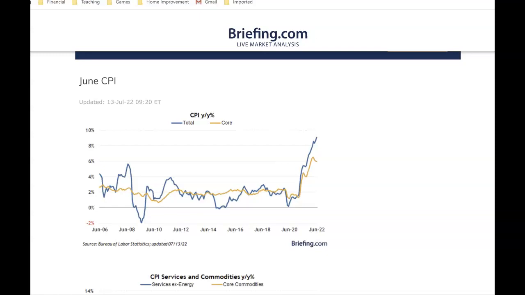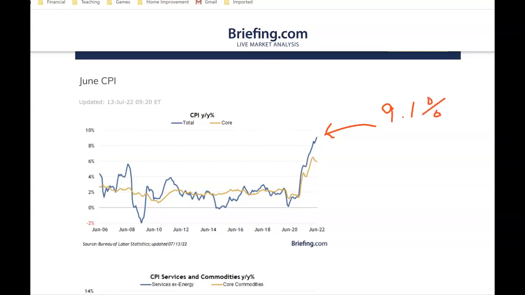What I'm going to do here is I've got a graph up that's measuring two parts of CPI. One is the total. Let me get my pen going here. The total, and the other one is core. Now, let's talk about the total first. The total is the blue line that you see here, and you could see it came out at a whopping